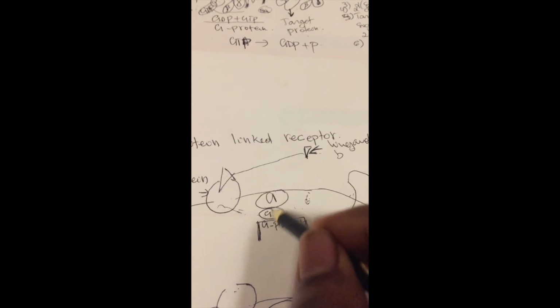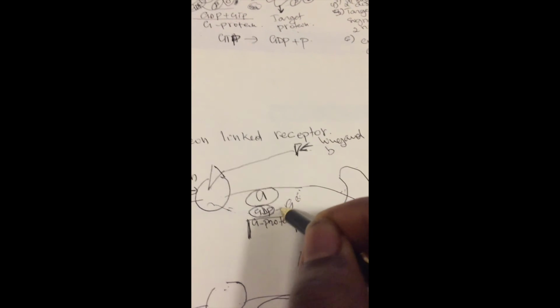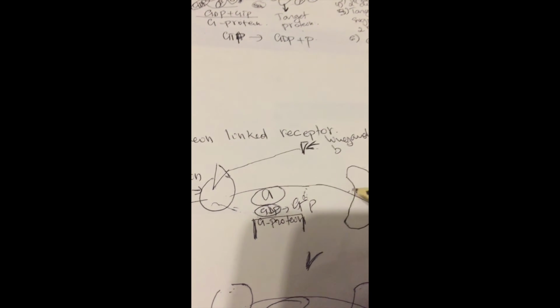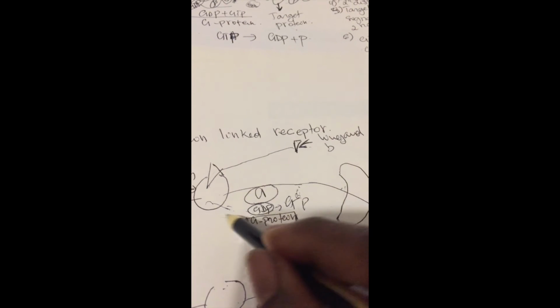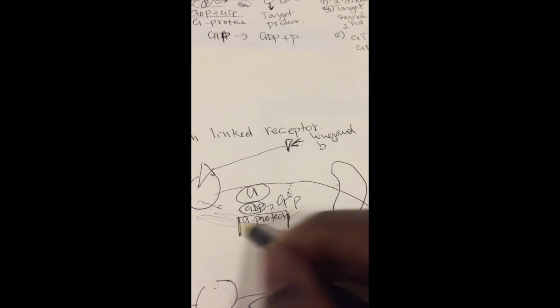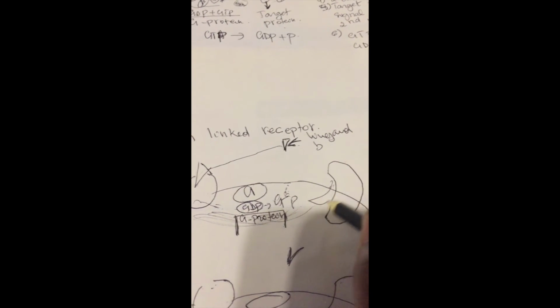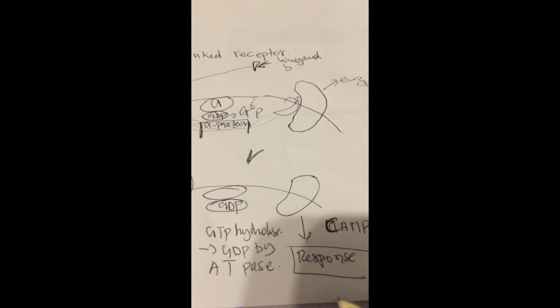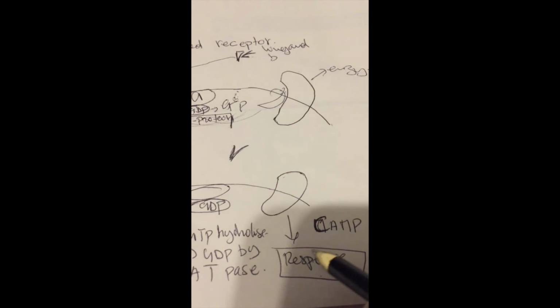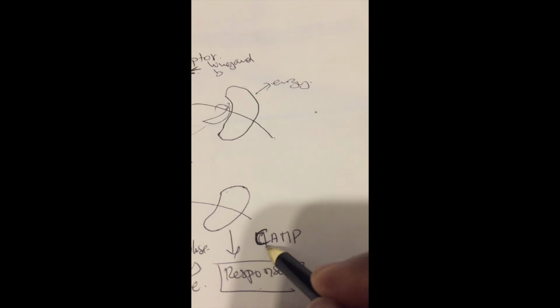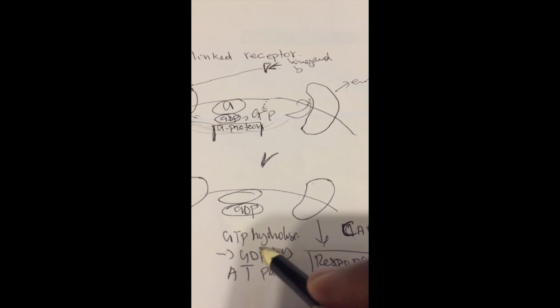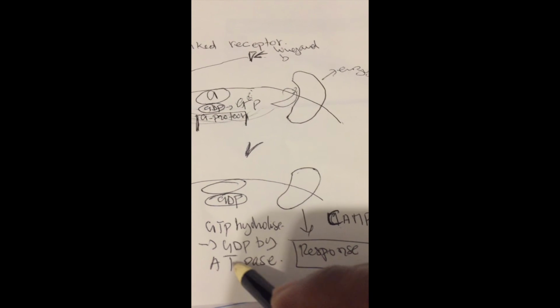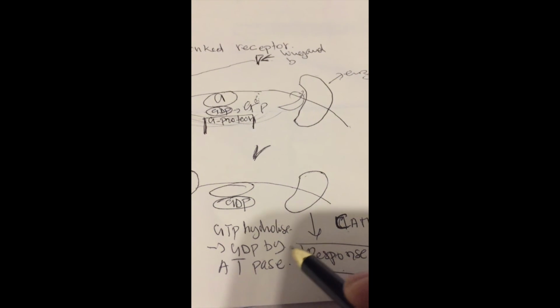At first we change GDP to GTP. When it changes to GTP, it's going to diffuse in the cell membrane to bind the enzyme. This is our enzyme, and in many processes it's going to give our response via cyclic AMP. And after all, it's going to return to the same place. GTP will be hydrolyzed to give